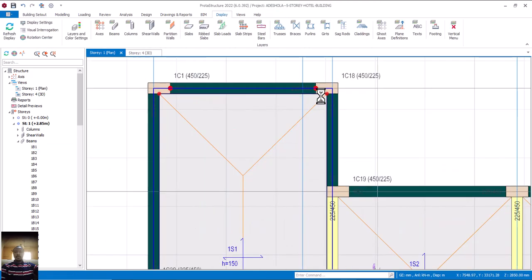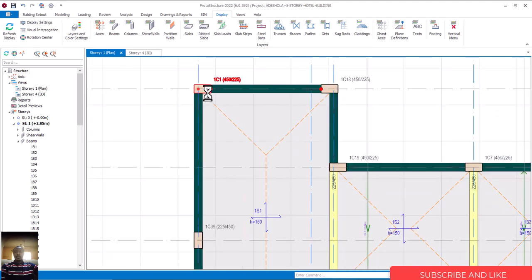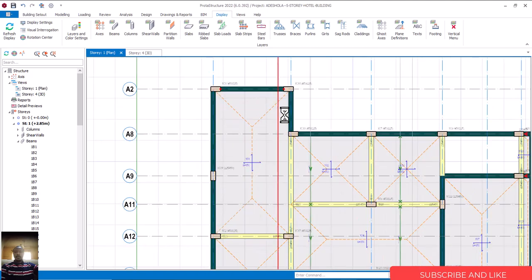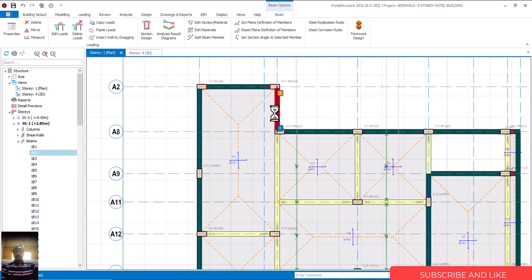Okay, as you can see, can you see it here? Can you see now? There's the sign. Can you see it? Fine. Now, if you look at this one again, you can see this beam I just clicked now,